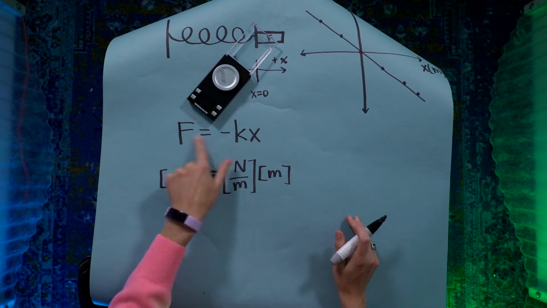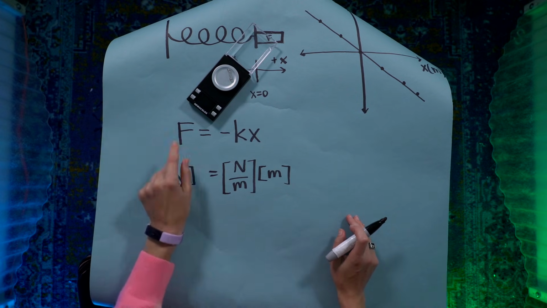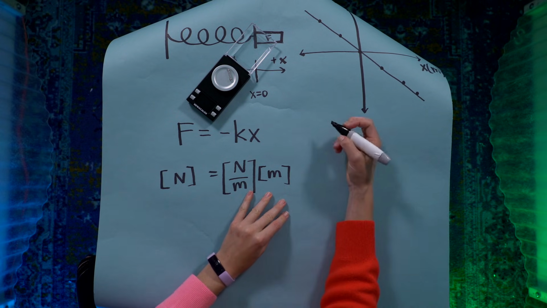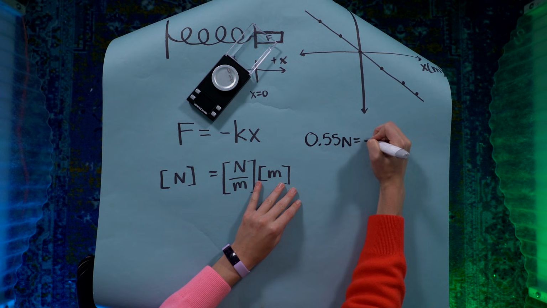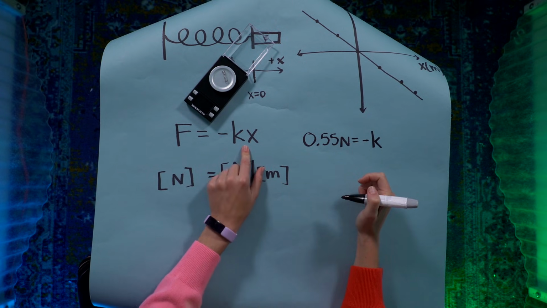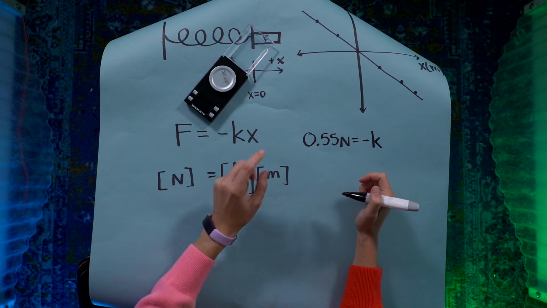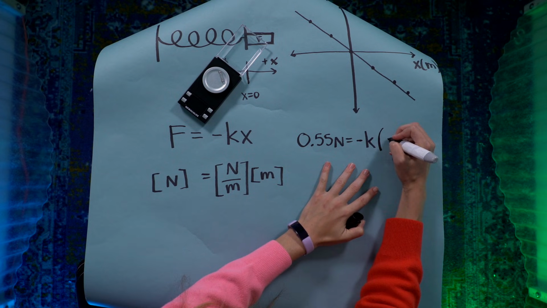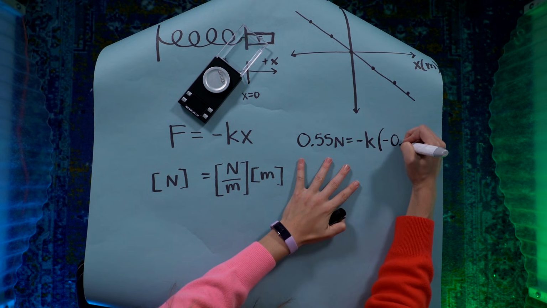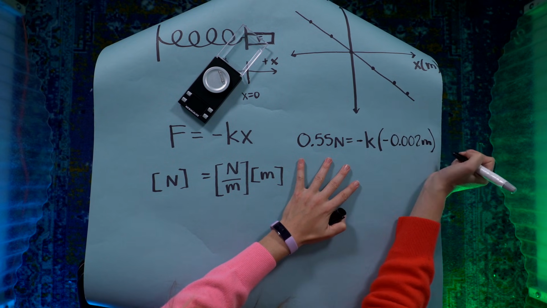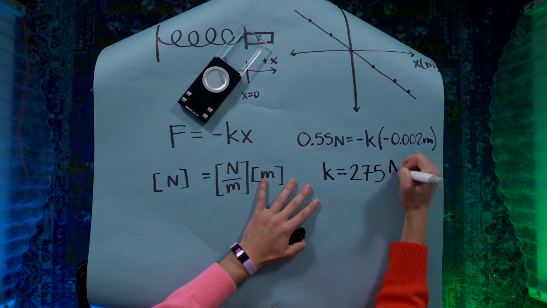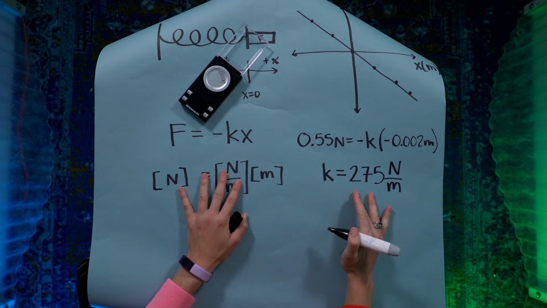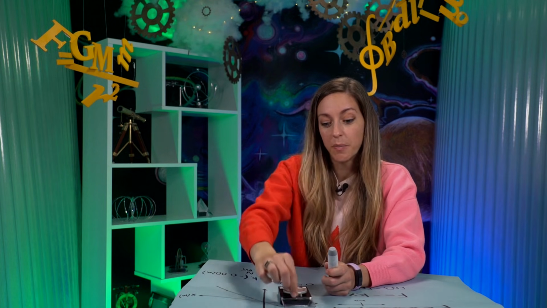So I'm using this equation right now to figure out the spring constant. The force was 2 ounces, which is about 0.55 newtons. I'm looking for k, and then the x, the x was really hard to measure, but it was about 2 millimeters, or I need that in meters. It was negative, so negative 0.002 meters, and that works out to give me a spring constant of 275 newtons per meter, which is a pretty typical spring constant for a spring of this size,